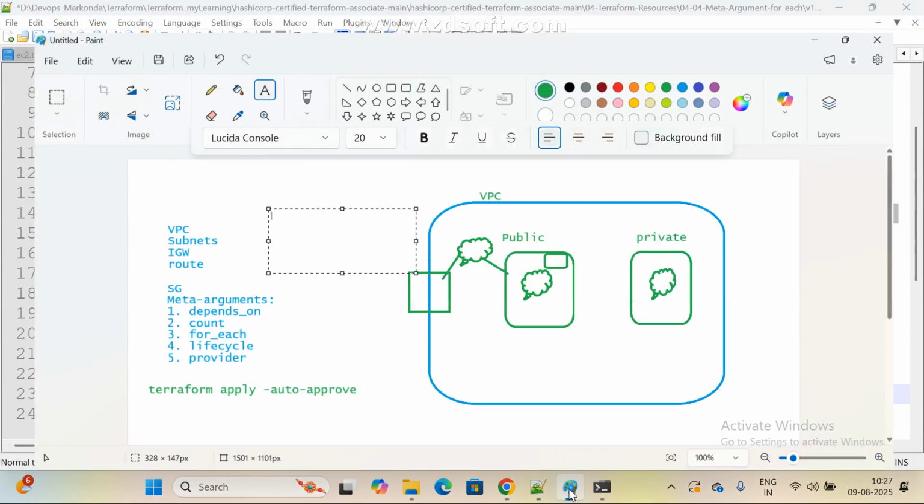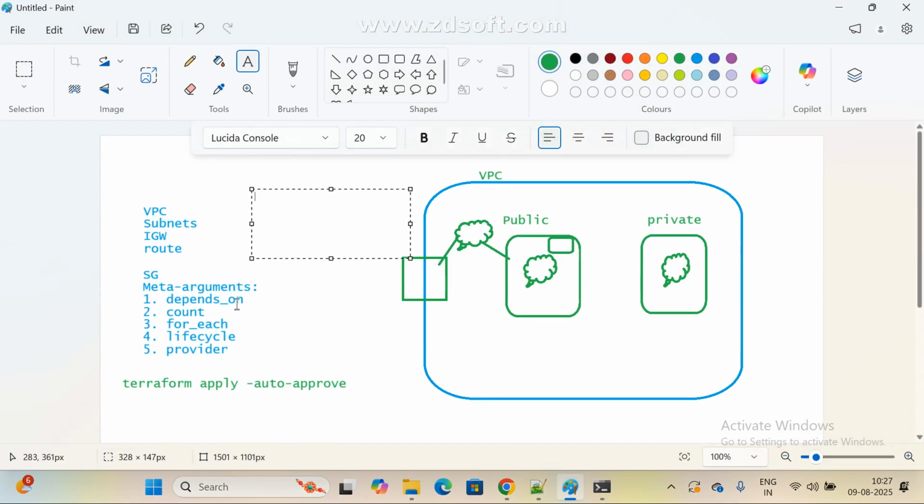So what you know as of now: count, depends on, and for each, and this is the Terraform life cycle. And provider is also very simple. So provider means